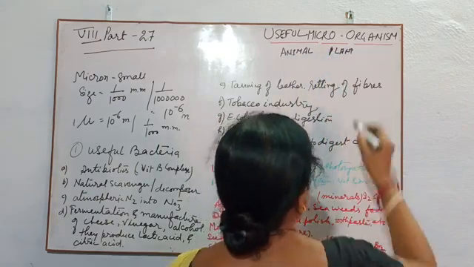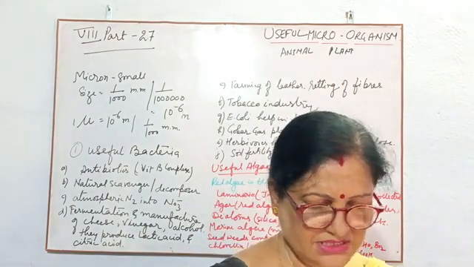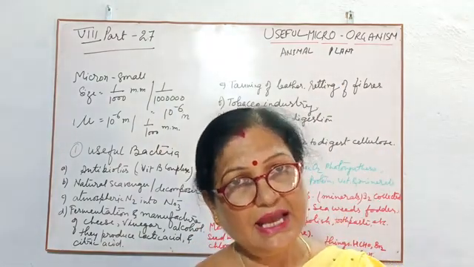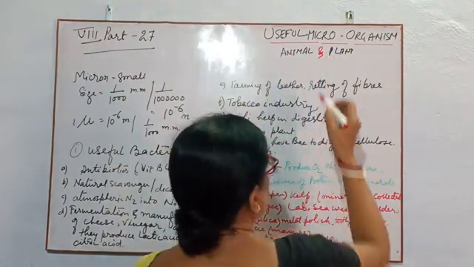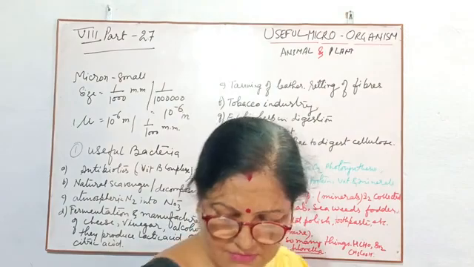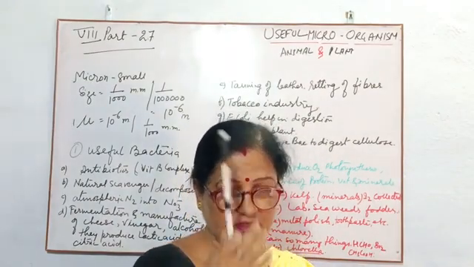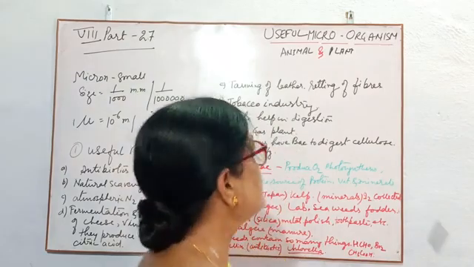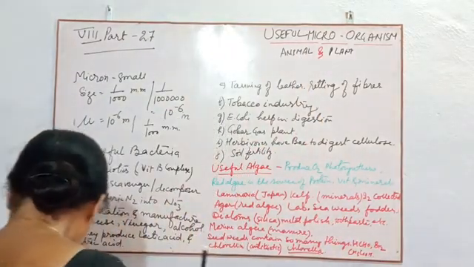That means useful organism. If it is a microorganism, these may be animals also, and these may be plants also. And how are the plants useful, how are the animals useful? So today first I will discuss the microorganism. Now children,